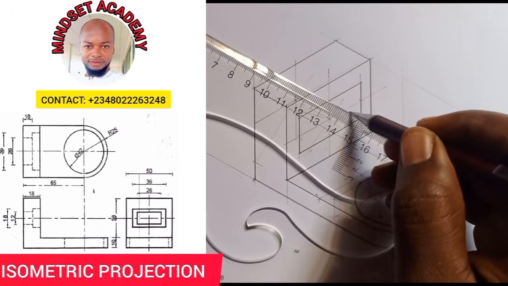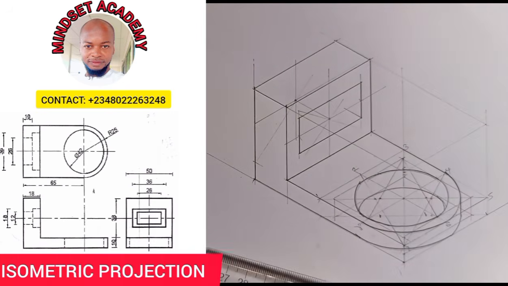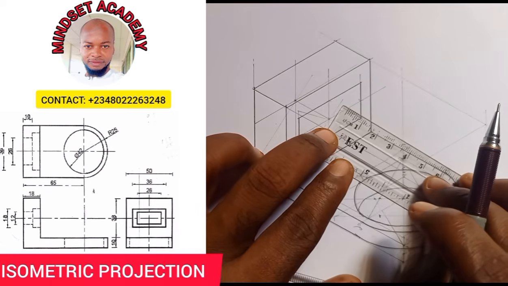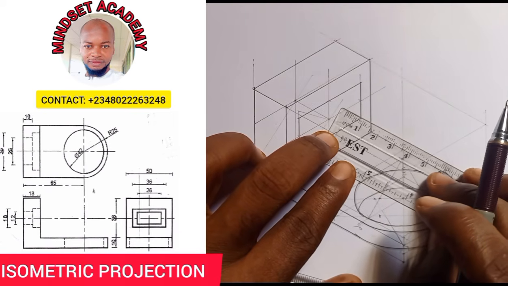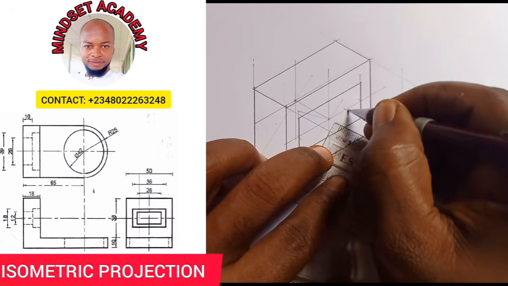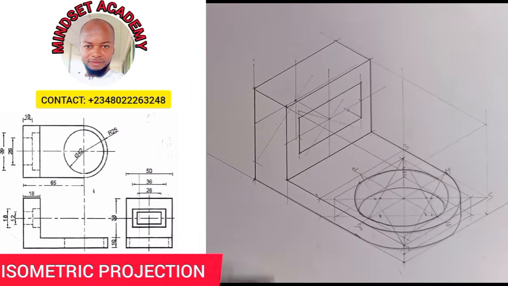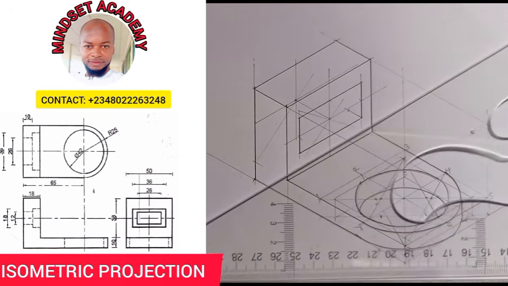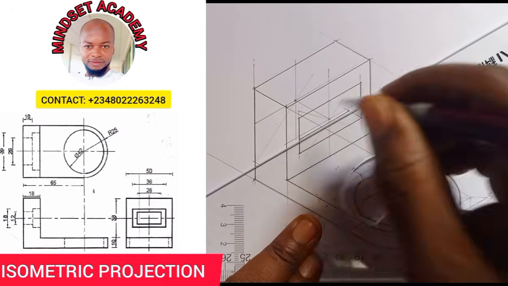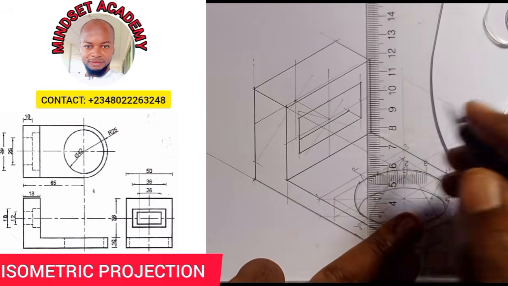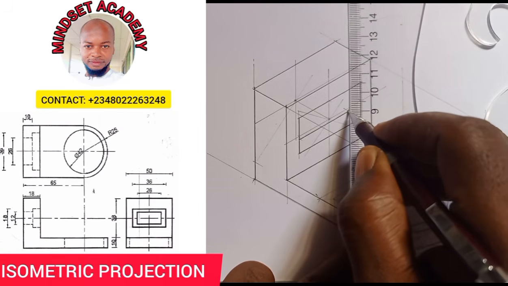From 0, take this in, then I'm going to measure the 8. So this 8 here, right? So I am going to just close it up. This will touch here, and here we touch here,